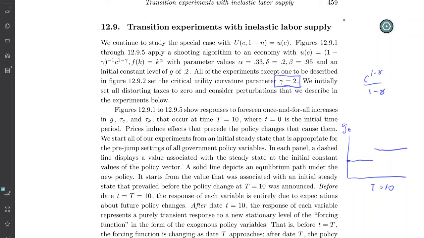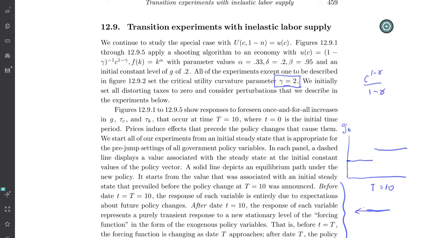So then read this paragraph carefully, because it takes you into the structure of what's going on in these models. It's the essence of Robert Hall's famous paper that I mentioned at the beginning. So before date t, there are responses of endogenous variables that are due entirely to anticipation effects. Nothing's happened yet to anything exogenous, but it's going to happen, and those expectations have effects on prices and quantities that precede them. Then they have effects after date t equals 10,